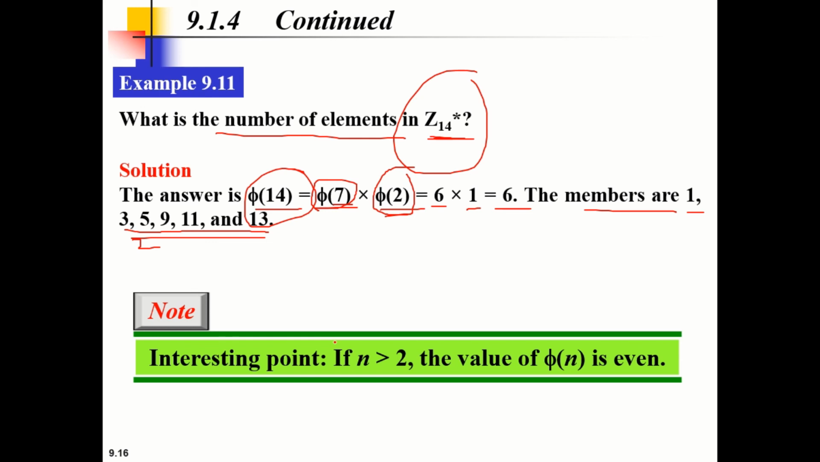So interesting point here is if n is greater than 2, then the value of phi n is always even, right? So that is something interesting जो हमने previous examples किए हैं उसमें भी आप लोग check कर सकते हो। जैसे ही n की value 2 से ज्यादा हो जाएगी तो जो इसकी value है वो हमेशा even ही आएगी, right? So that's all about the Euler phi function,